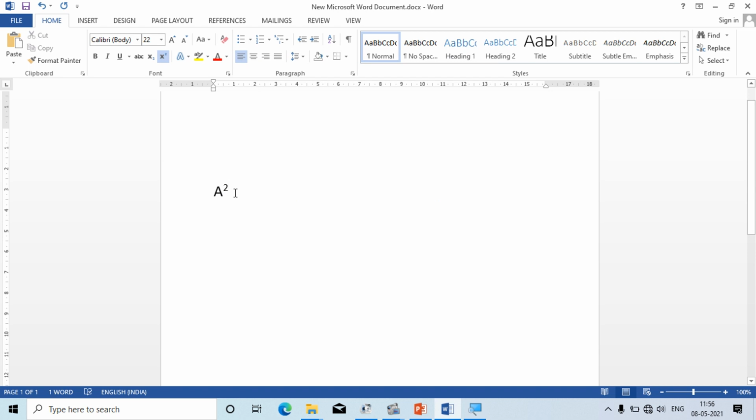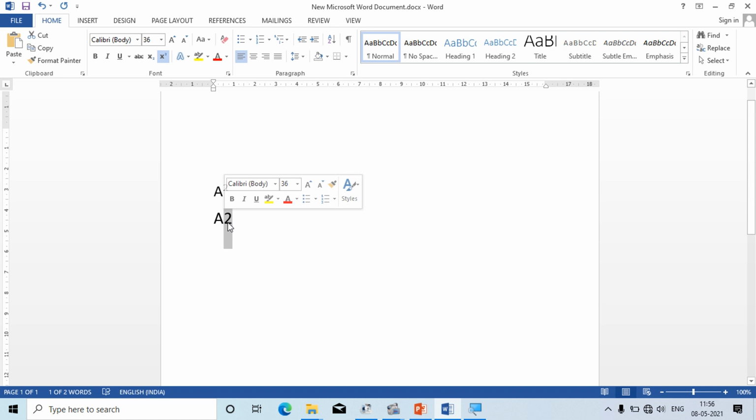Now, if I want to apply the subscript option, which is used for base. Now again, I have written a2. Let me increase the size of it so that it is visible. So now again you need to select the particular text where you want to apply superscript or subscript.